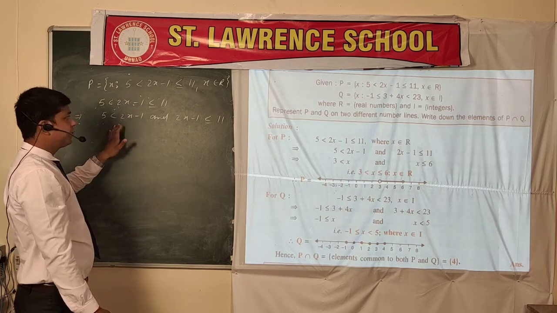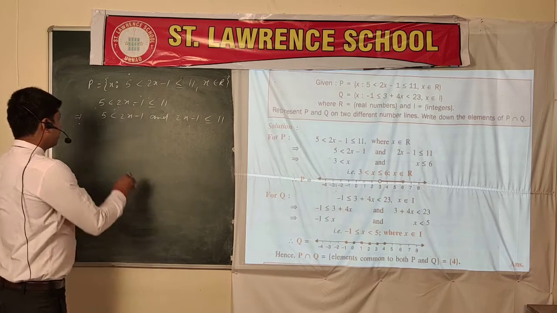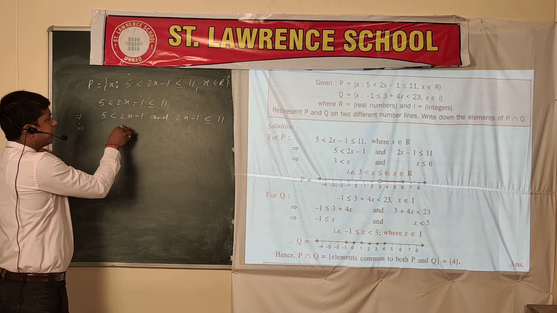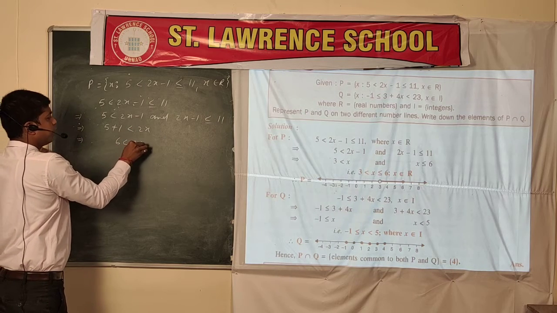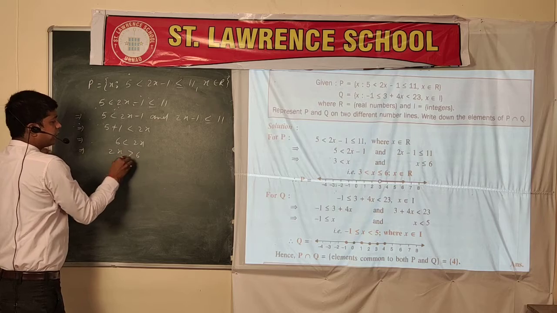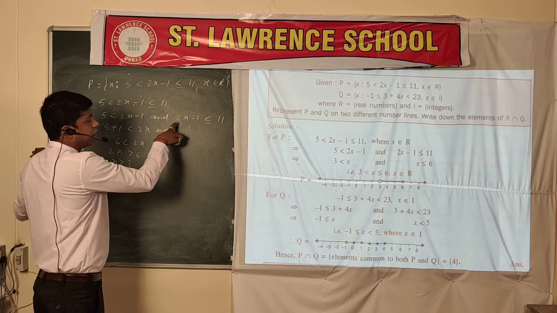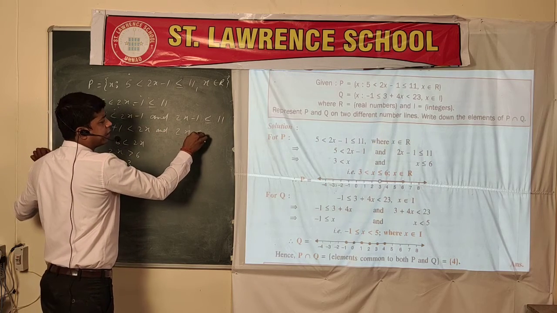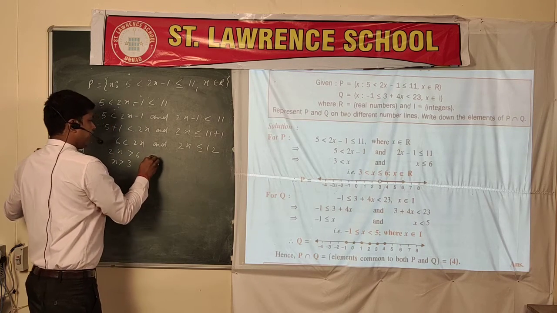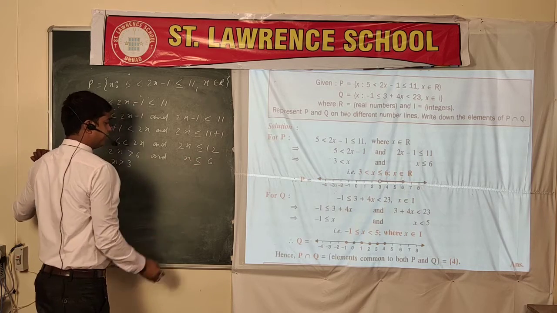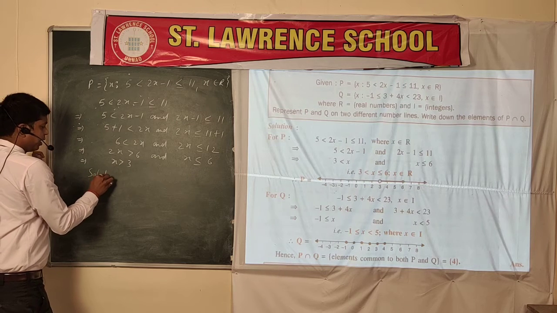Now you have to solve these two parts separately, following the same rule: keep your variable positive. Here 2x is already positive, so 5 plus 1 less than 2x, and it becomes 6 less than 2x, or 2x greater than 6, or x is greater than 3. Now the second part. Already 2x is positive, so 11 plus 1 on the right hand side, 2x less than or equal to 12, and x less than or equal to 6. So here your set P, the solution set of inequation P, will be what?